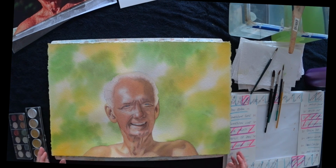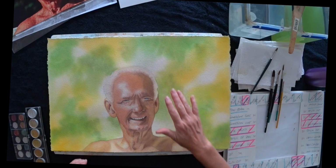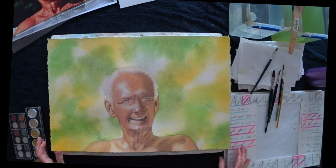I think that last background colour that went on was really nice, and I'm thinking that the painting is just looking so beautiful. I just want to work on his hair,